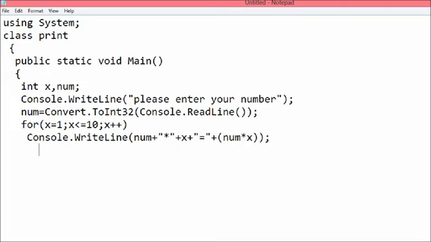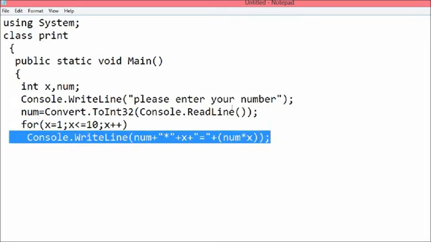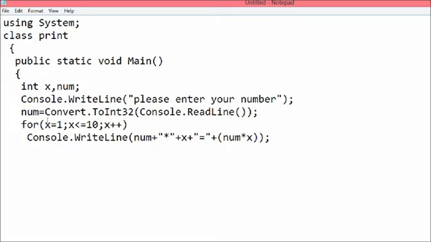Now our looping process and the printing process is completed. Now we have to check the code after compiling it in the developer command prompt window. First of all, we have to close our parenthesis. We have declared two parentheses, that is 1 and 2, so we have to close them. Okay, so let us understand the looping process and the printing process.